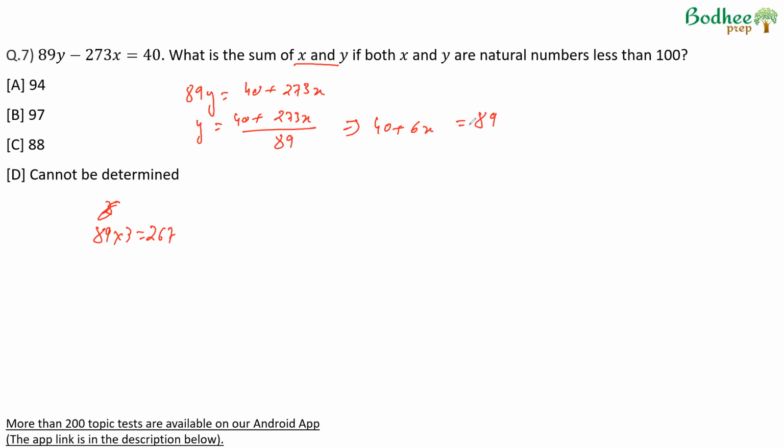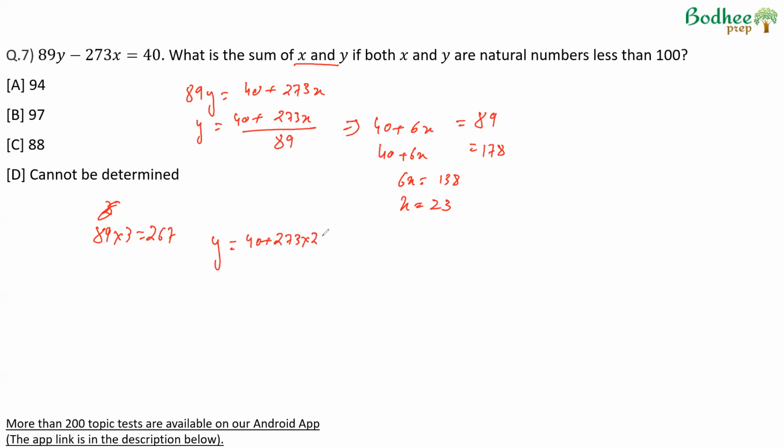Obviously, 89 is not possible because this is even and 89 is odd. If we make this even, multiply by 2, 40 plus 6x, we are looking at 178, which means 6x is equal to 138, x is equal to 23. So when x is 23, the numerator will be divisible by 89, and in that case, y will be